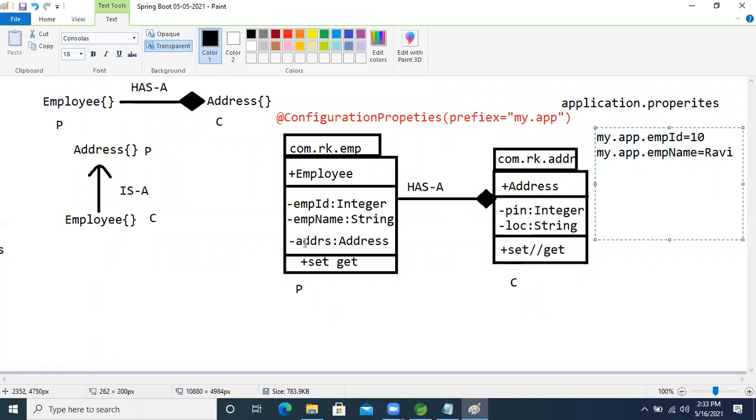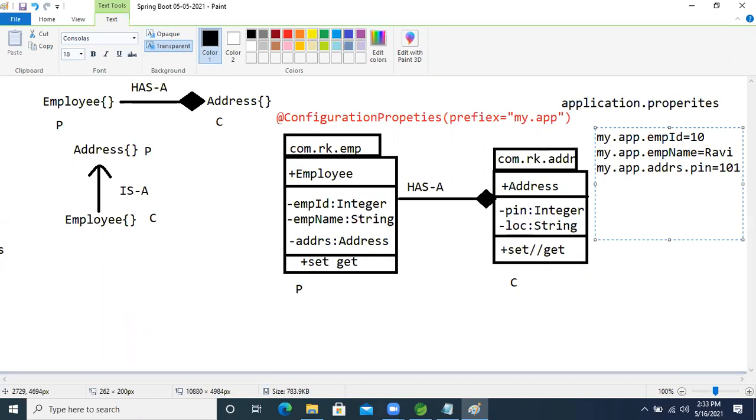Now here, the Address class is there through association, right? For that, how will we write it? my.app.addrs.pin, inside that association, pin equal to, I'm just writing 101.